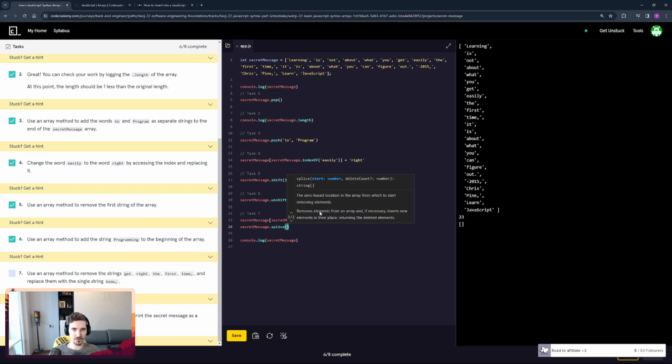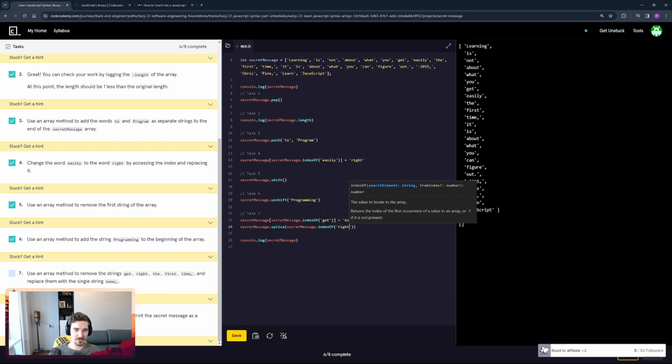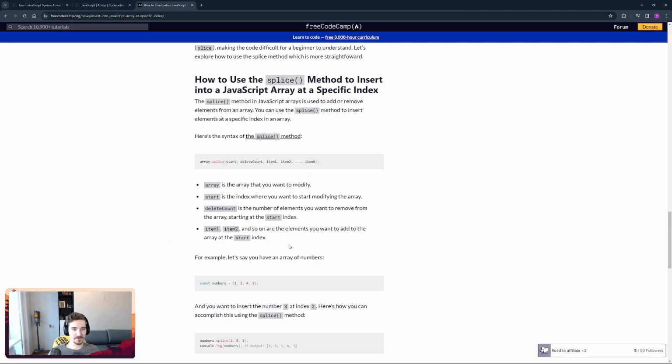So the first value we need to be secret message dot index of right, because we already removed get, and the second value, start delete count. And the number of elements I want to remove from the array, starting at the